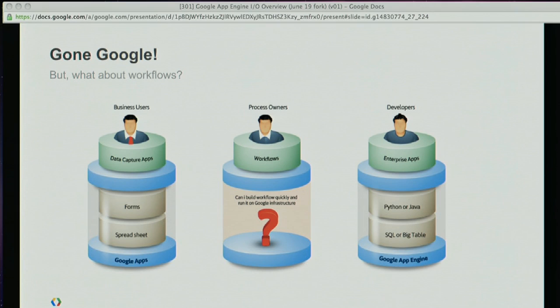Now, what's this new product? Let's step back a little bit and understand why KissFlow. Now, most of us in this room already use Google Apps, right? It's not just us. 4 million businesses are already using Google Apps, right? So Google Apps is collaboration at its best. If you look at mails, docs, calendars, all of them allow you to do collaboration on cloud very easily. You can even put together very simple data capture applications on top of Google Apps and spreadsheets, right? Especially the spreadsheets and forms part of it.